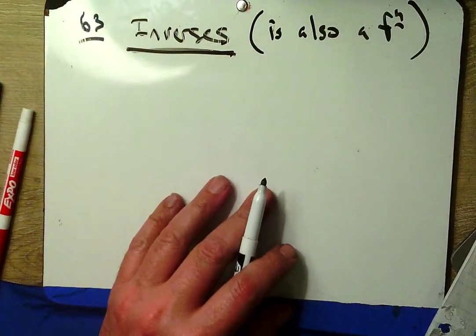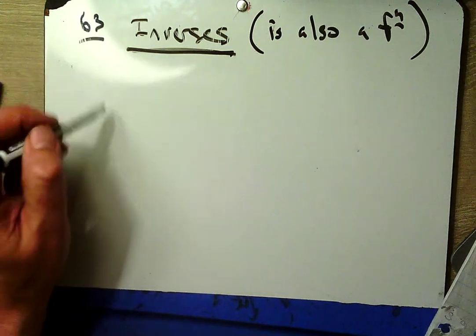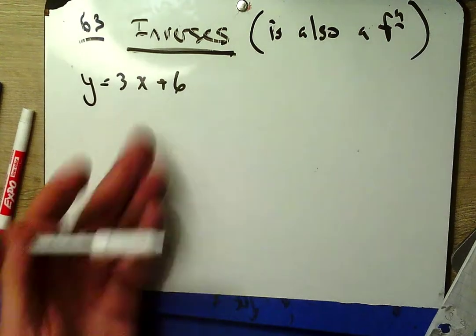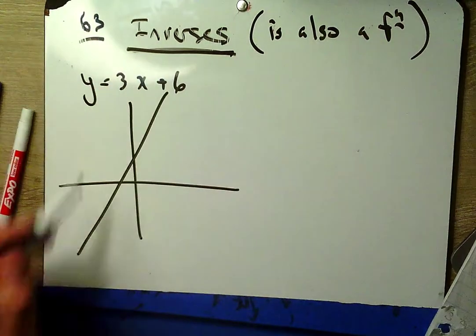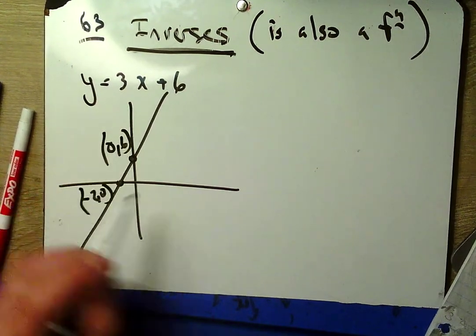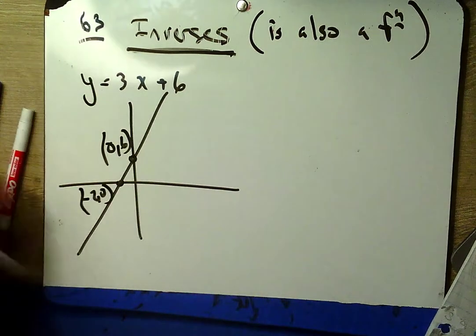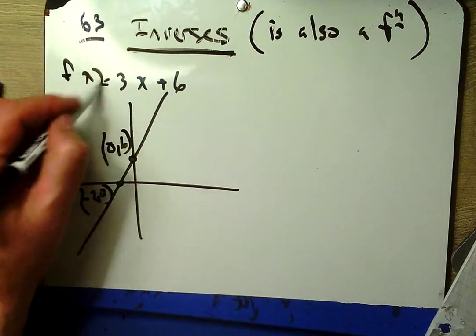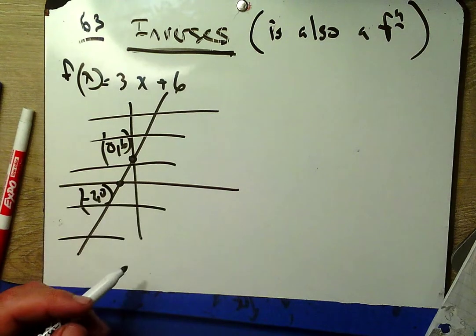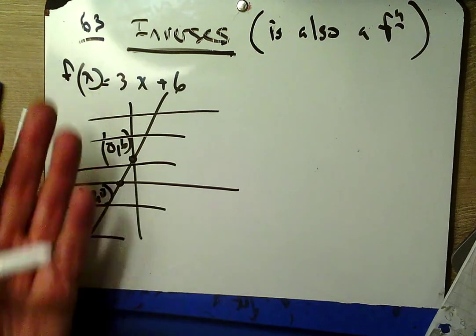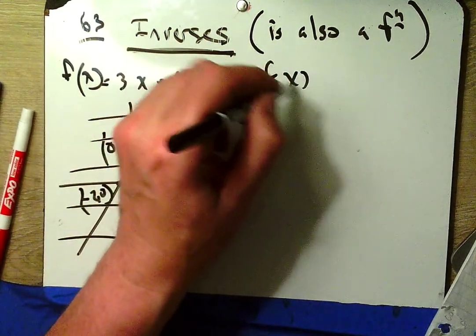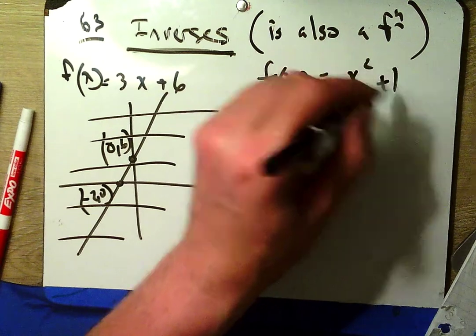Okay? All right, so when I think about things like this, y equals 3x plus 6. Well, does this have an inverse? Sure, I know what the graph of this is: (0, 6), (-2, 0). This passes the vertical line test, so I know that this is a function, but it also passes the horizontal line test. So I know that an inverse exists for this,